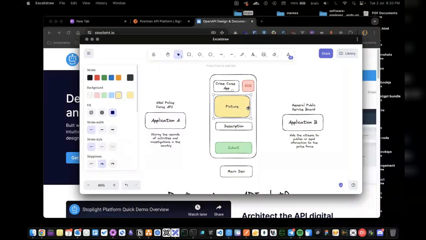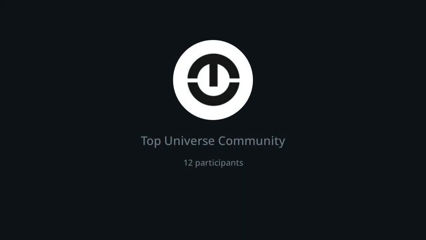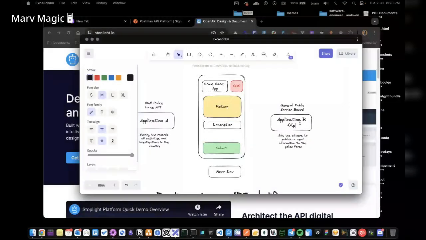For this app, we don't necessarily need to build our own database, in the sense that we already have an API for that. A different company or a different set of people built that already. This is Marv's application. This application here is built by a company called Public Good, publicgood.com.